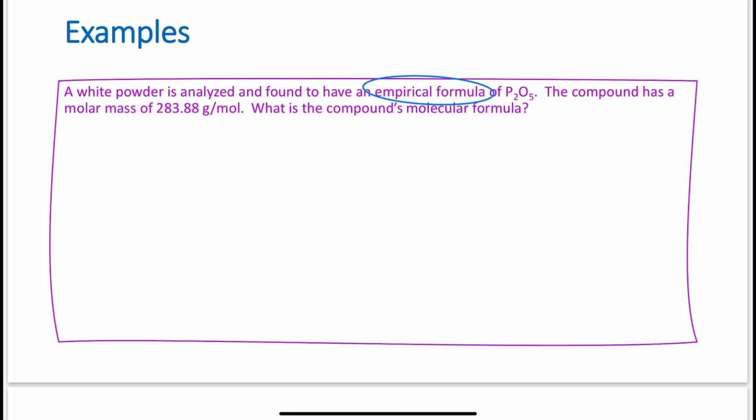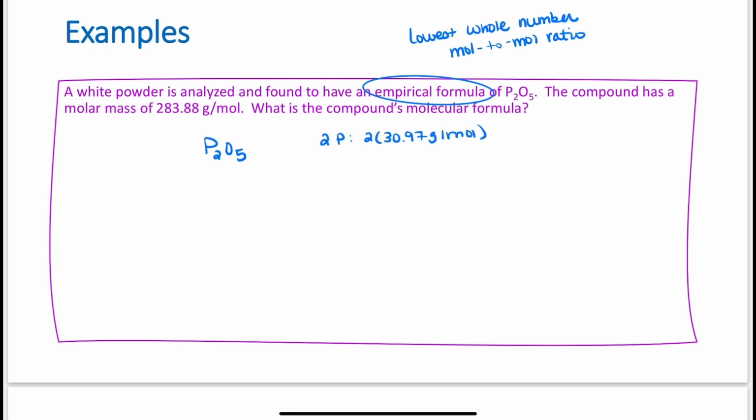Empirical formula is defined as the lowest whole number multiple ratio. Which means molecular formula can be equal to empirical formula or a multiple of the empirical formula. So let's figure out the mass of the empirical formula. P2O5, I've got 2 phosphorus, so 2 times